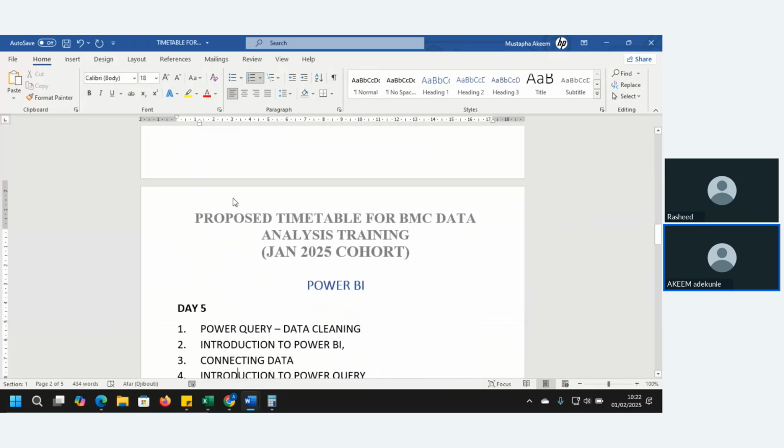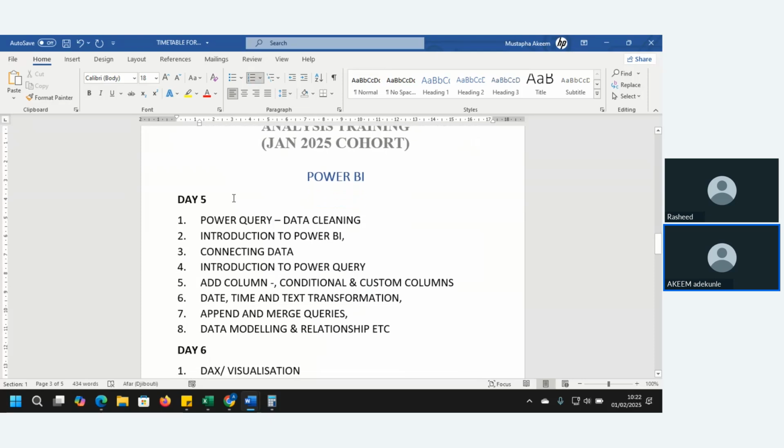But yes. Okay, so then on Power BI, we go to learn Power Query again. Power Query, we will learn some parts in Excel, but we're going to learn it more when we get to Power BI, how to use Power Query for data cleaning. And like I said, in the first 2 days we had, I ensured that we learned Power Query on the first day of the master class.